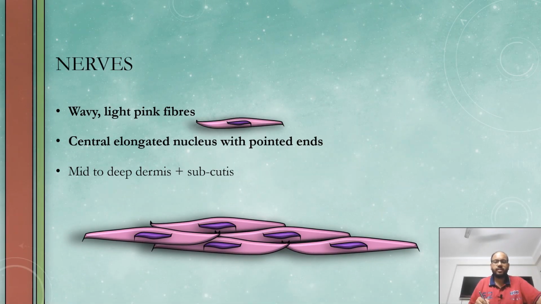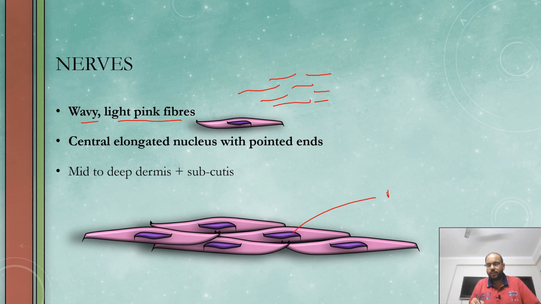Coming to the second structure, the nerves. The nerves are wavy, light pink fibers. They have a centrally located, elongated nucleus with pointed ends. So if you look at the nucleus,